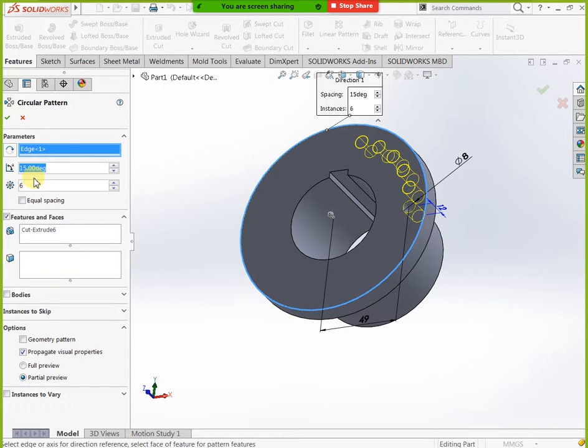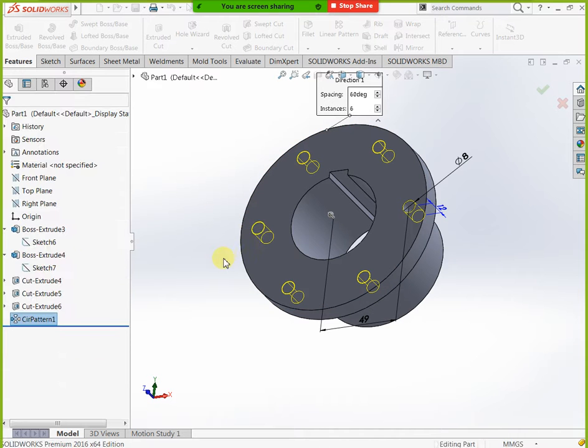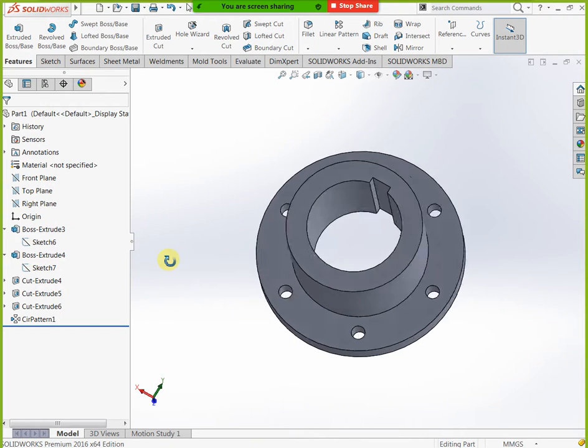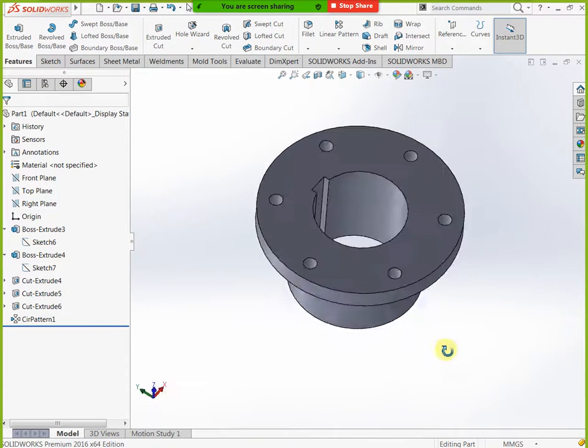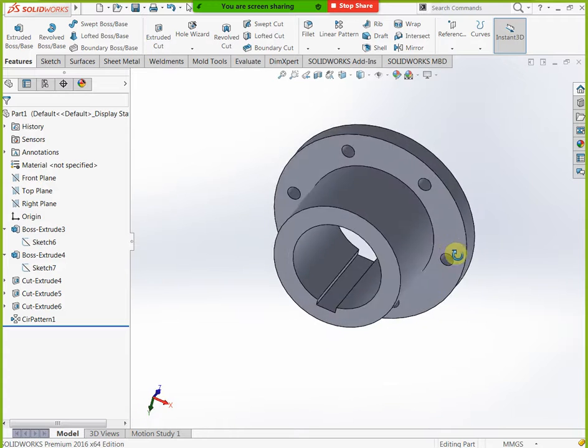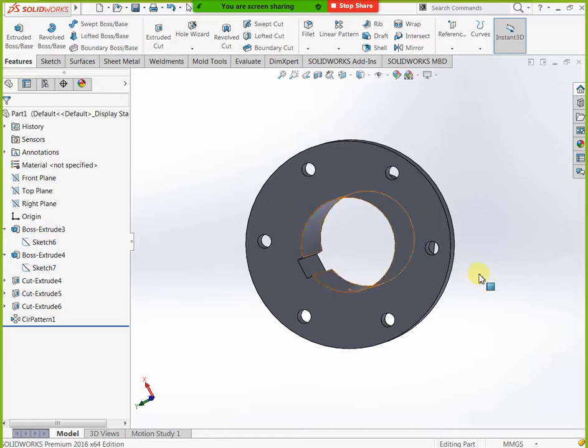Next you can select these features and remove. I will explain one more feature. Select this one, delete. Yes, now you can go here, we have one more model. This also uses circular pattern.